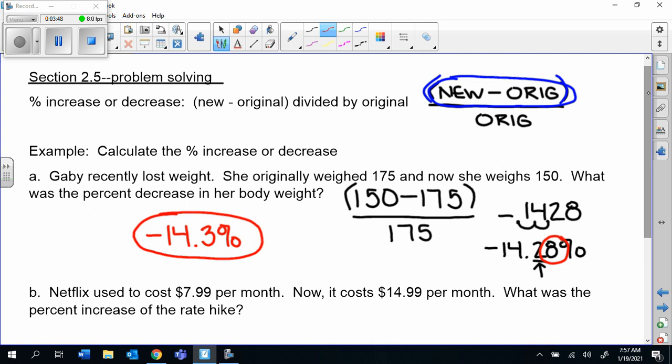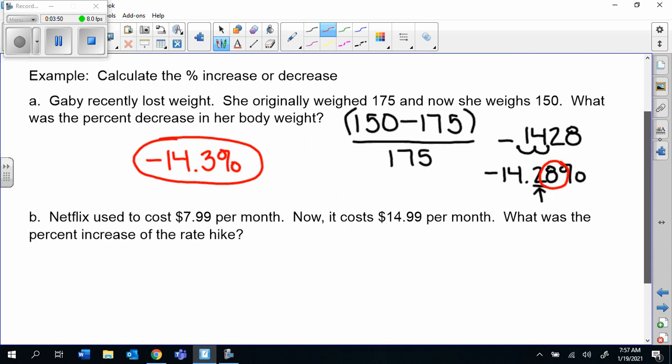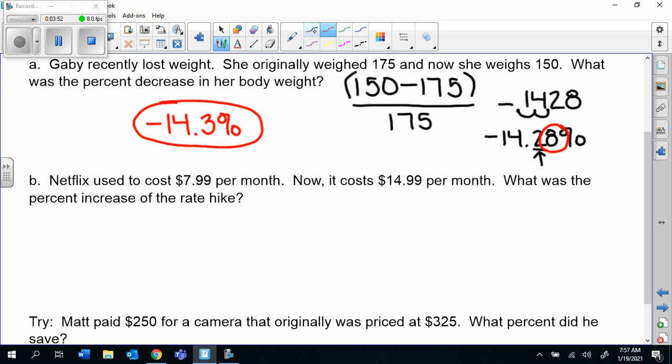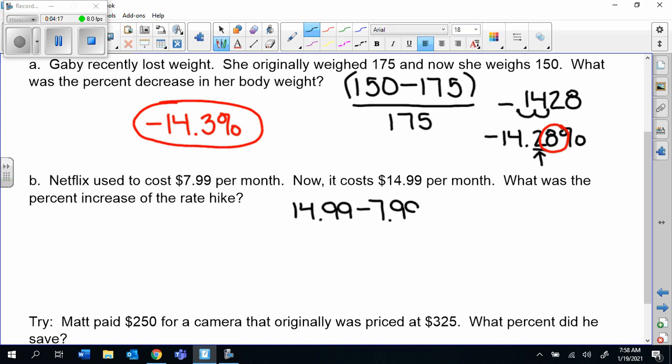Let's look at Netflix. I can't remember exactly what the rates were when Netflix first came out. I feel like it was right around $7.99 a month. And now I've heard rumors that it's going up again, but I think it's right around here. So if I'm off a little bit, please forgive me. But the now is $14.99 minus the original price was $7.99